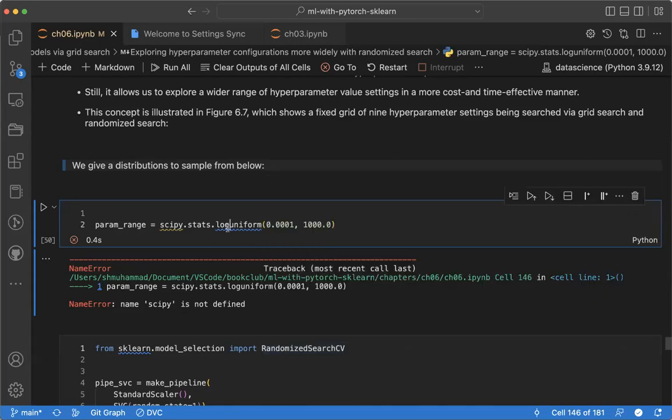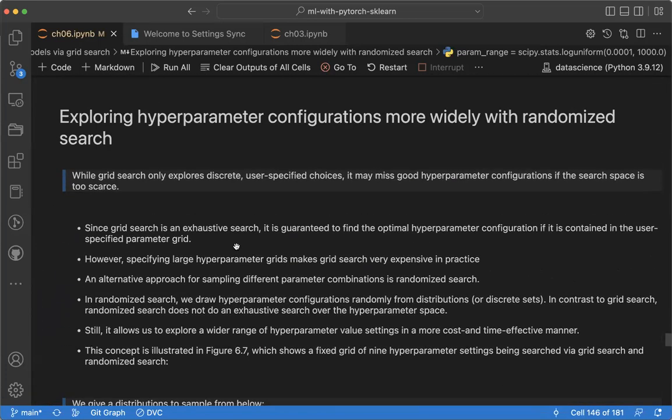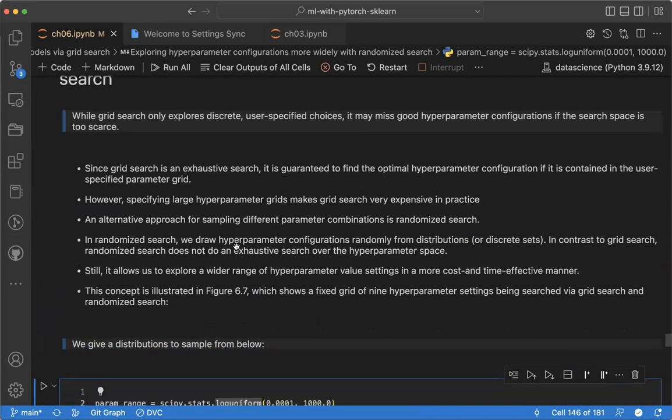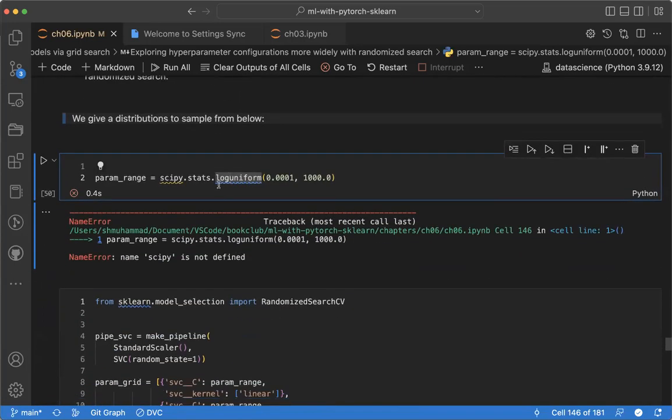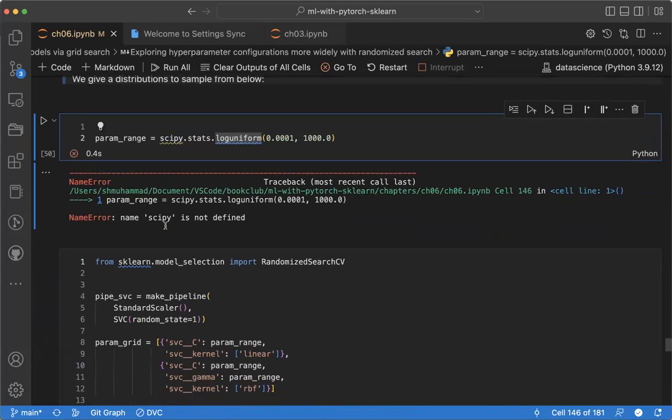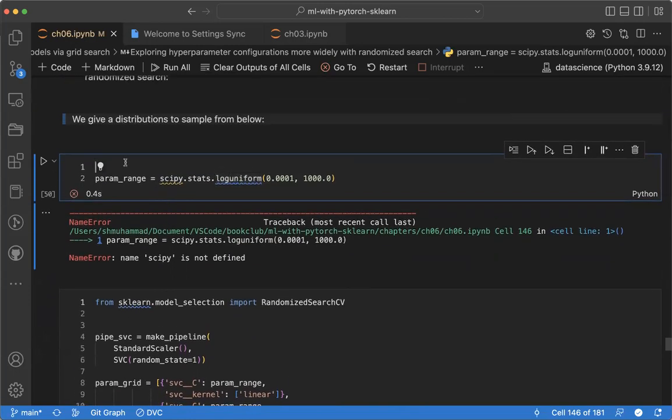Okay. So we are talking about GridSearchCV in the sense that it's constrained. But we want a situation where we just give a range of values, and the model should search from this range of values. Now, how can we do that? Here we got to use